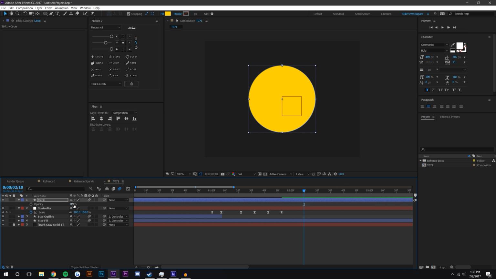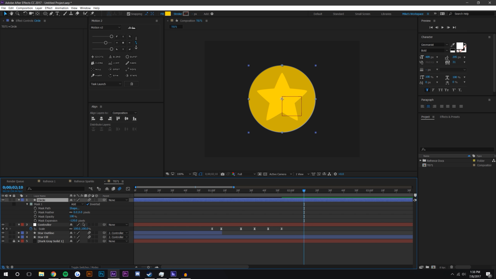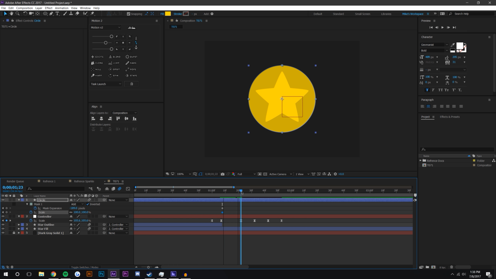And yellow's fine. I'm just gonna bring the transparency down a little bit. Hit M on the keyboard to pull up my mask again. So what I want is I want the keyframe here for mask expansion, and I want a scale keyframe, so I'm going to hit S on the keyboard and hit scale, press U on the keyboard, and